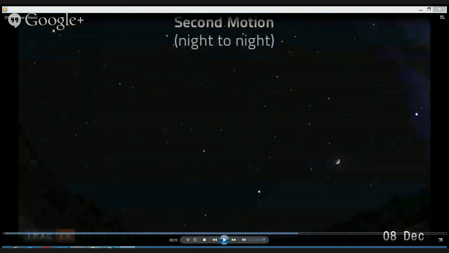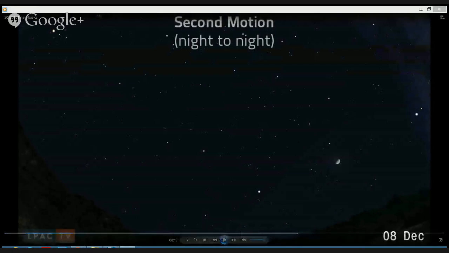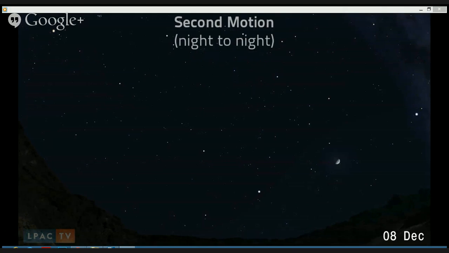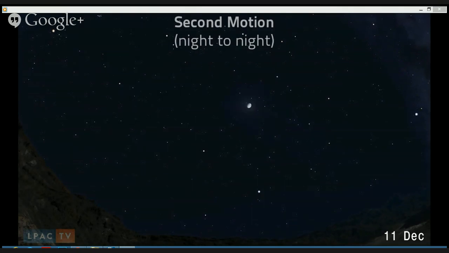Okay, here we go. Now what we're going to see is from night to night, if we come back out and the stars are in the same position, watch what the moon does. You can see the date in the lower right-hand corner. From night to night, if we go out when the stars are in the same place, the moon is moving, as we see it, to the left, to the east.